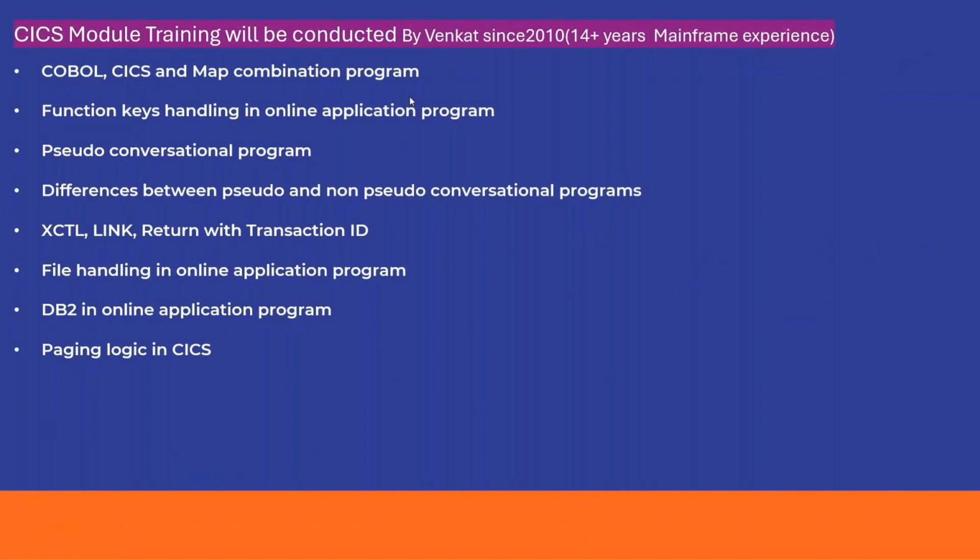So we are going to use files and DB2 as the backend. DB2 videos I will give you, because the server which we are using may not support it, but I will give the practical videos. Earlier I was using a different server, where I explained practically. I'll give the video on it. Paging logic also, how to write paging logic, I'll give in a video. The last 2 topics I explained practically in an earlier batch. Those videos I will give to you. The rest of them I'll explain practically in our training itself.